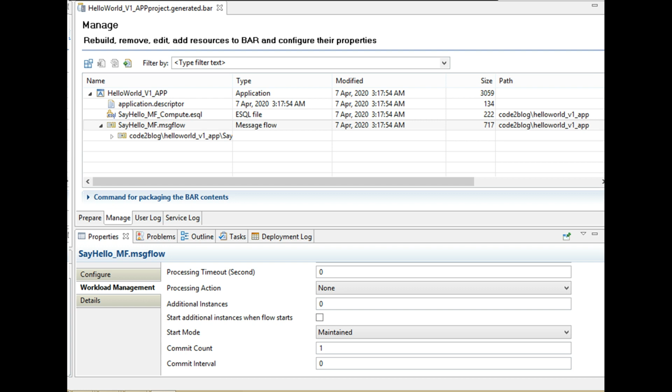Additional instances. 2. Start additional instances when flow starts. 3. Commit count. 4. Commit interval. 5. Many other properties like this. These are the properties that you can change using the Manage and Configure tab.